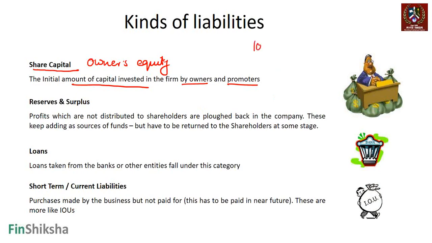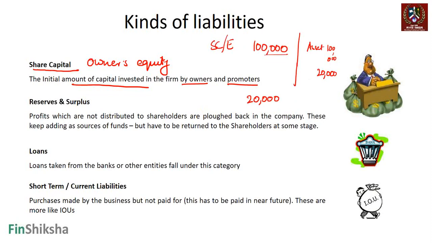Let's say someone puts in 1 lakh rupees into a business. So when it starts, it's owner's equity or share capital that comes in. And on the asset side, let's say this person buys assets worth the same 1 lakh rupees. Now the business generated a profit of 20,000 rupees. If the business generated a profit of 20,000 rupees, this side should see a cash increase of 20,000 rupees. How do you balance it on the other side?